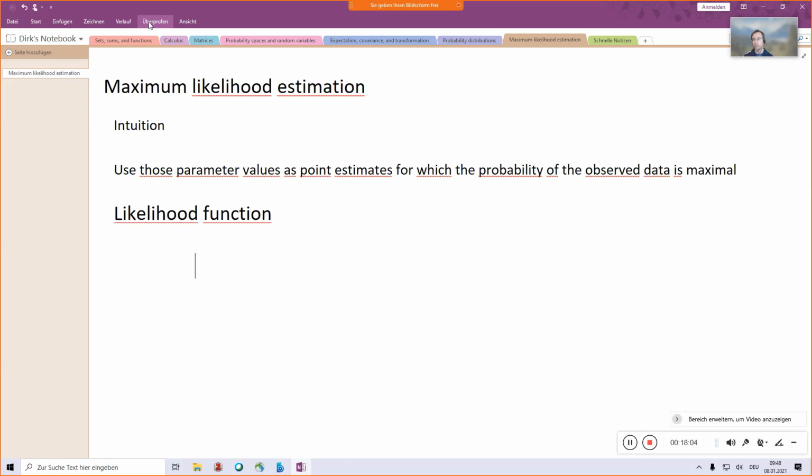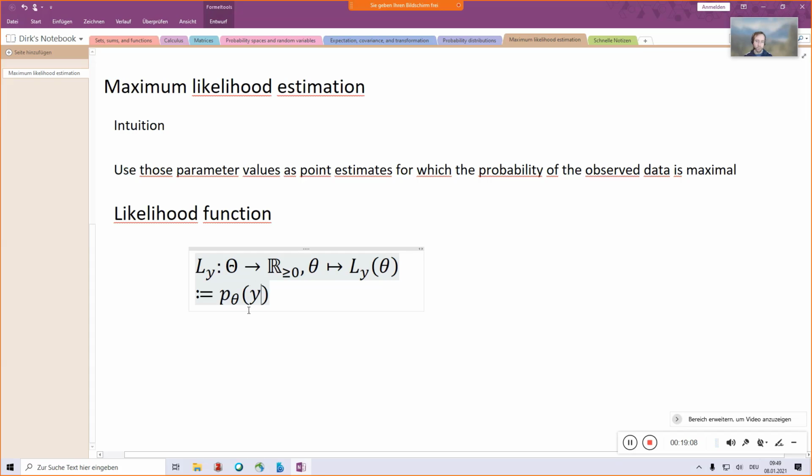So what's a likelihood function? A likelihood function can be written as follows, and this also allows us to explain what it is. So a likelihood function is a function. Remember that we discussed functions. As its domain, it takes the parameter space of a probabilistic model and returns a scalar number, a real number, which usually, because it refers to a probability, is larger or equal to 0. So it allocates to each value in parameter space a value of the likelihood function, and this value it assigns is the probability density of some data